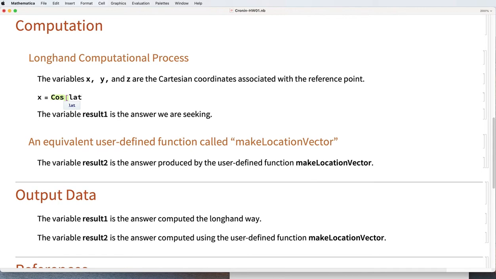Okay. And that latitude is in degrees. In Mathematica, the trig functions like cosine, sine, and tangent want to operate on an angle expressed in radians. So to make that little conversion, I'm going to type in the word Degree. So that's another built-in Mathematica function. So I started it with a capital D. Then I'm going to close the square brackets. X equals cosine latitude in degrees